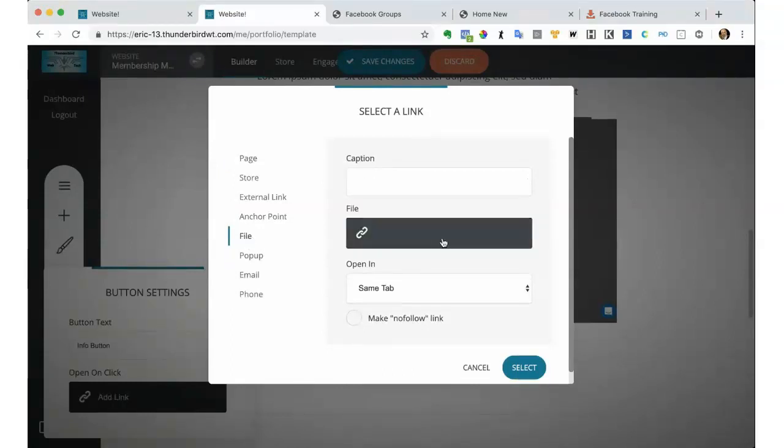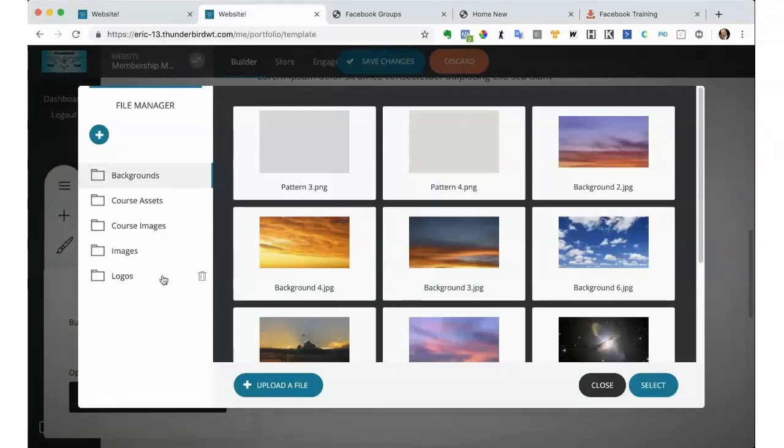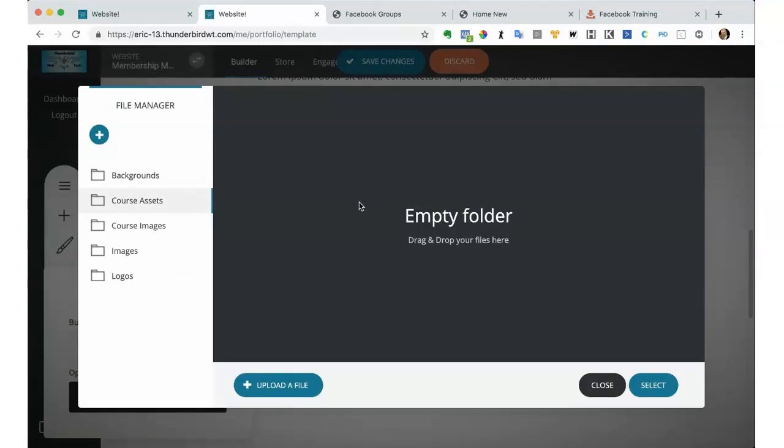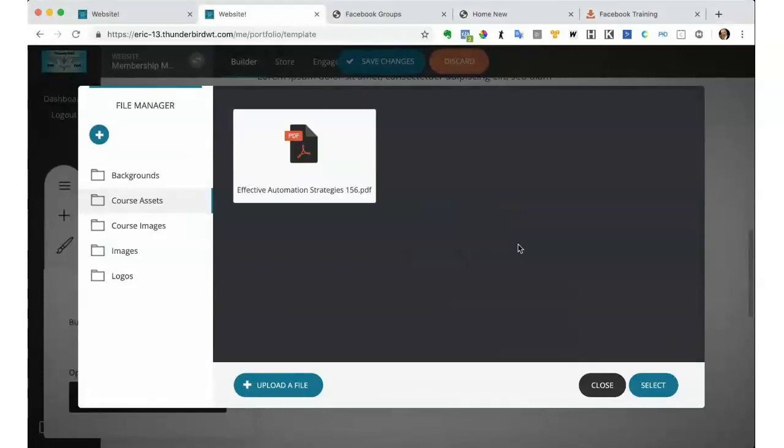I could download a file. And so this actually opens up your file folder over here, and I always call that course assets. I don't have any in this because this is a brand new site I created just for today's webinar. And I did this about an hour before I took my nap this morning. But I can load a file in here. Let's go ahead and do this. You'll see what I'm talking about. I'm going to take this file right here, Effective Automation, which, by the way, I've been putting that file out for a long, long time. It's been a very popular